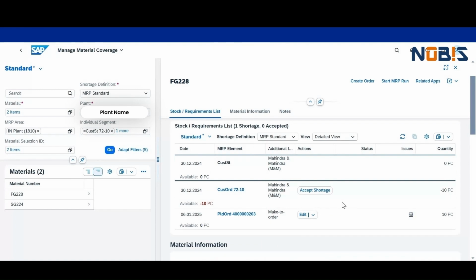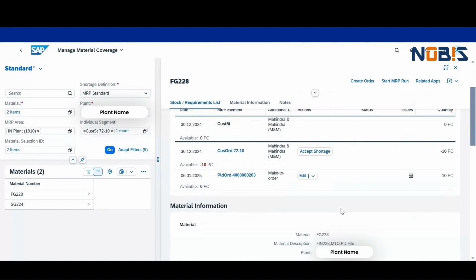Check and compare the PIR independent requirement via SFG of material SG224 with the individual segment of the customer order